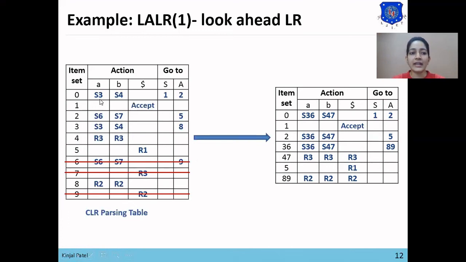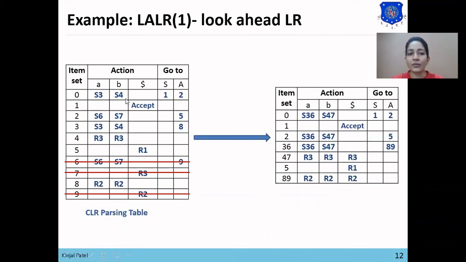Now the entries S3 and S6 in the CLR table will be replaced with S36 in the LALR table, as there are no sets like I3 and I6 in the table. So our new set is 36. We'll replace the entry of S3 with S36 and also replace the entry of S6 with S36.